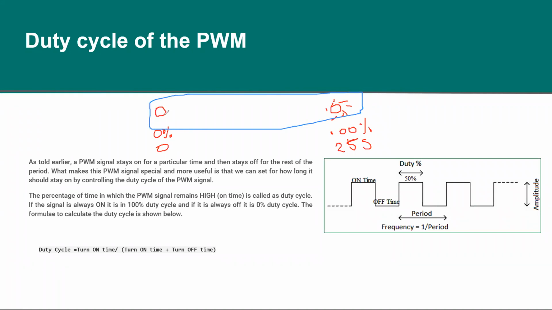So this is an LED turned off. This is LED fully on. When the LED is turned off, we call it 0. When the LED is turned fully on, we call that 255. I will do the practical so you understand that really clearly. In fact, let's do that right now so you get the idea. Okay, I'm going to share my screen.